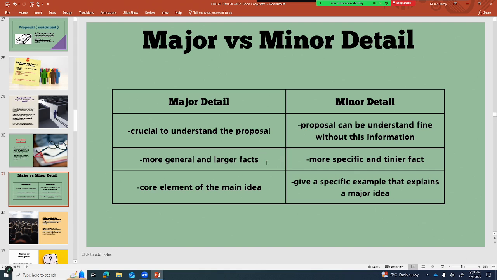Major details will generally be more general, large facts and pieces of information. Minor details will be more specific, tinier facts. A major detail will be a core element of the main idea, right? A minor detail will be a specific example that explains the major idea, but again, it's not critical.